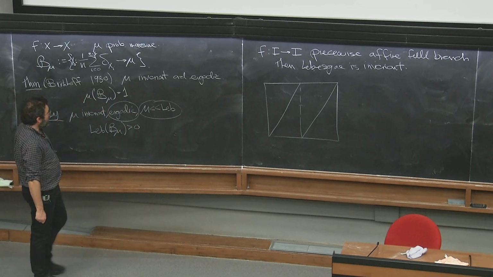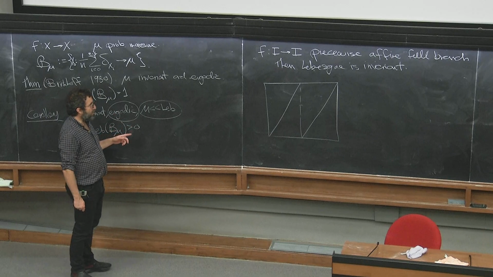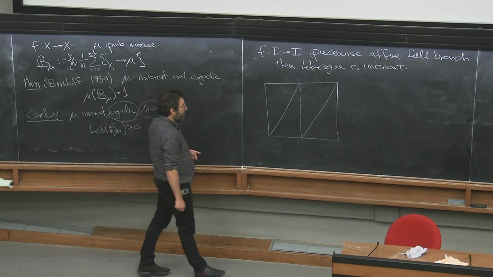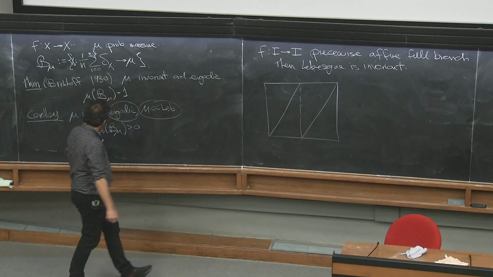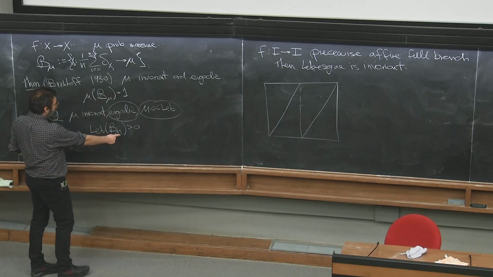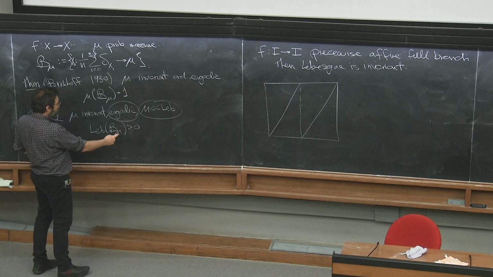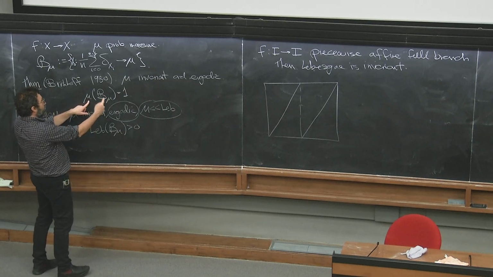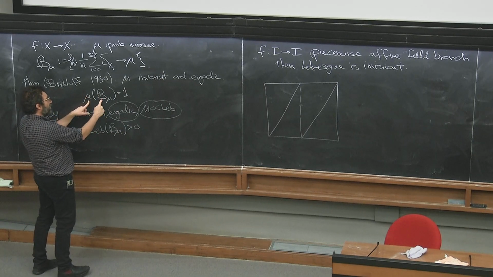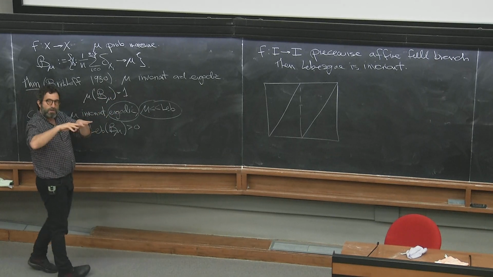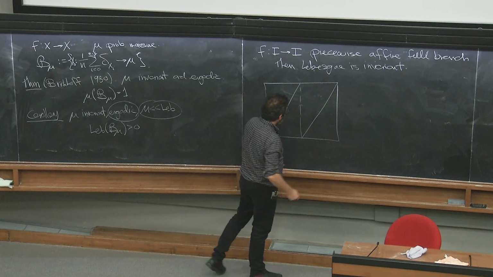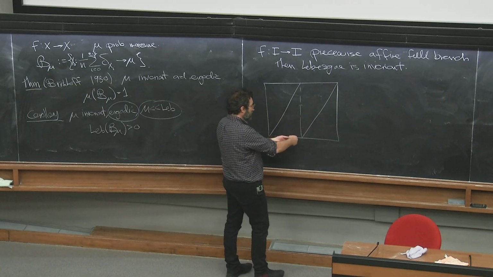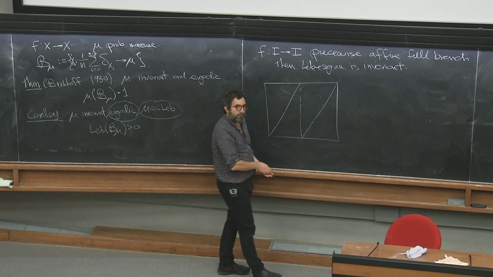So if we can show that Lebesgue measure is ergodic in this case, then, since we are looking at Lebesgue measure, the invariant ergodic measure mu is Lebesgue measure, so we get automatically from here that the Lebesgue measure of the basin of Lebesgue is 1, so it's got full measure. So almost every point here is distributed according to the statistics of Lebesgue measure, right?